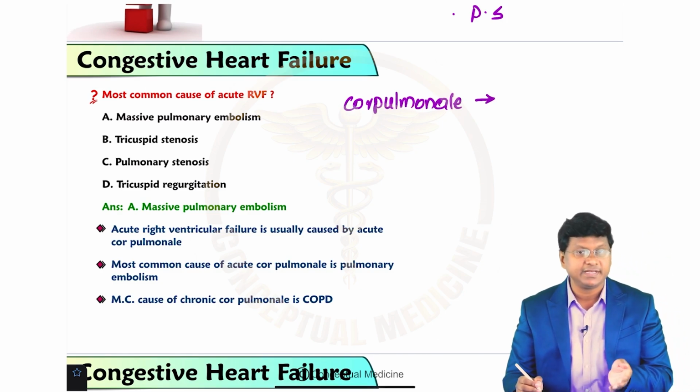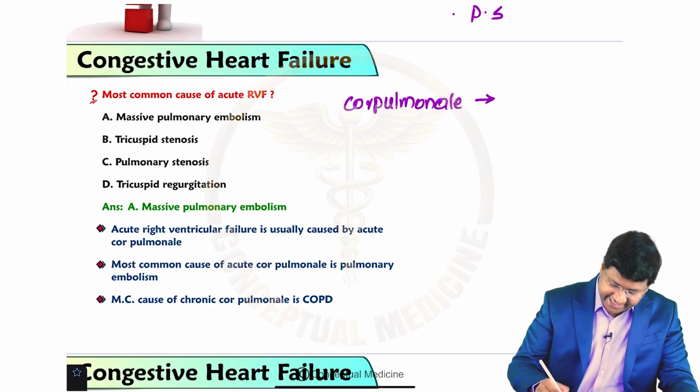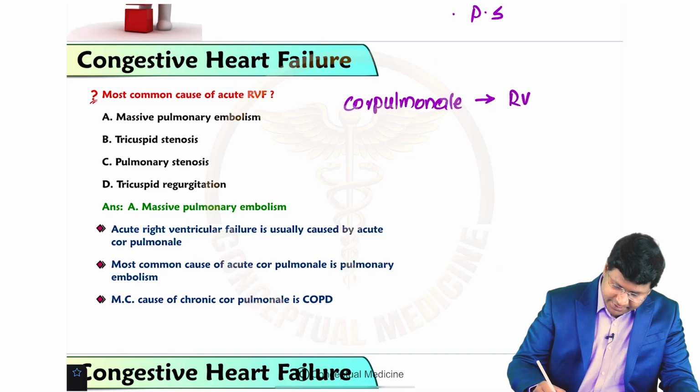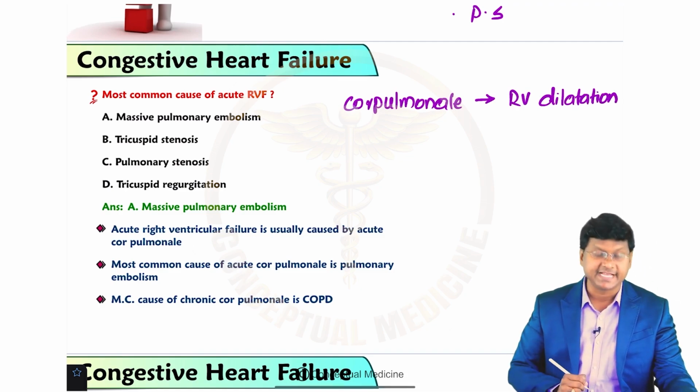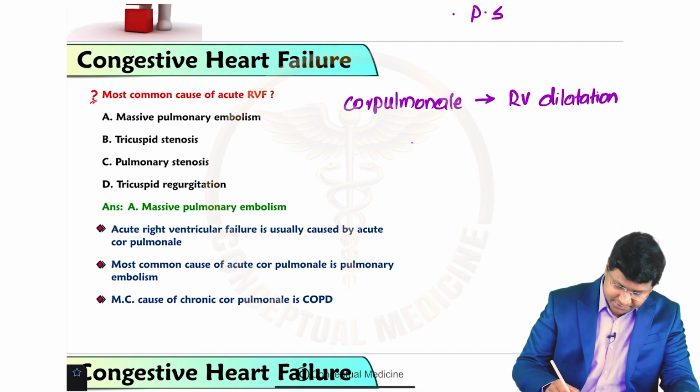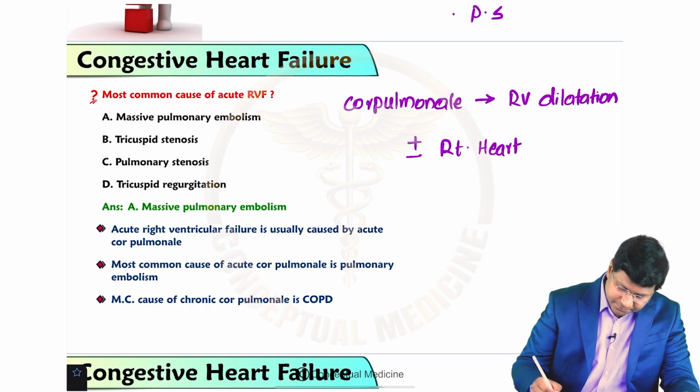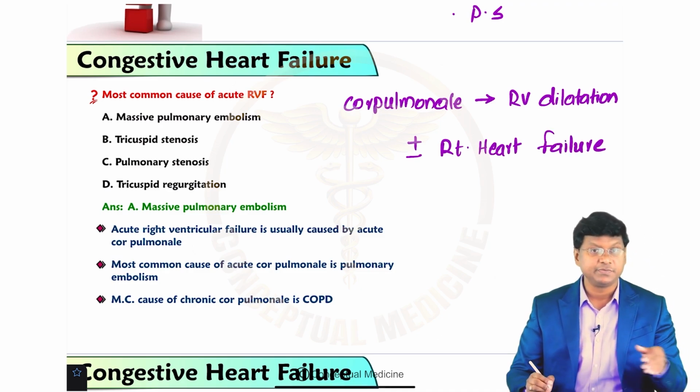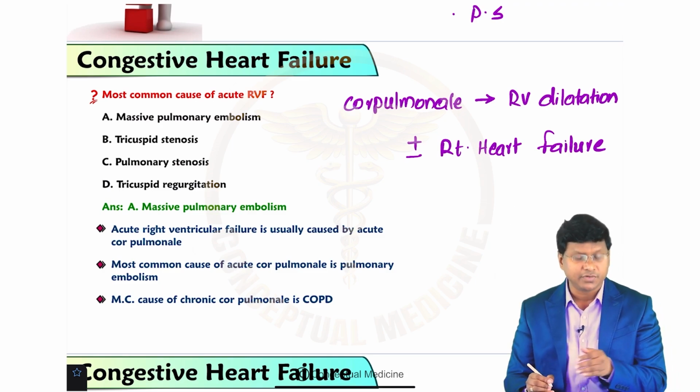Cor pulmonale is a clinical condition characterized by right ventricular dilatation, with or without right heart failure,